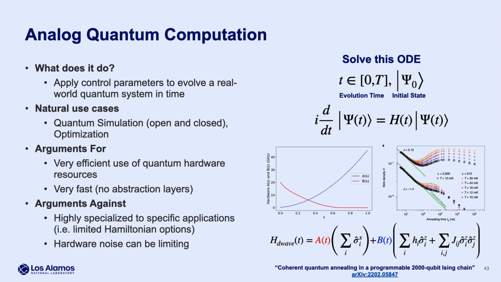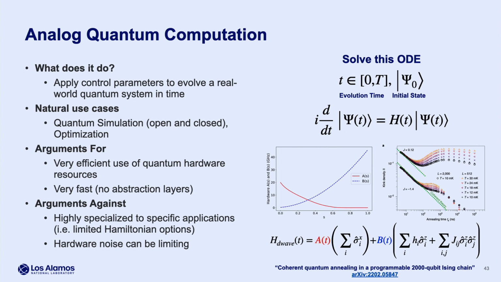You're directly controlling a quantum system, and it's going to be an open quantum system. Essentially, that computer is solving this ODE. So this is the Schrodinger equation. This is like a quantum generalization of a simple ODE, and it's just going to evolve it over time. The natural use cases for this type of quantum computer are simulation of quantum systems, and